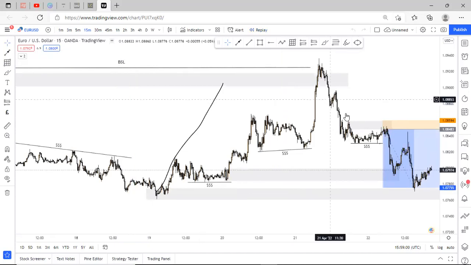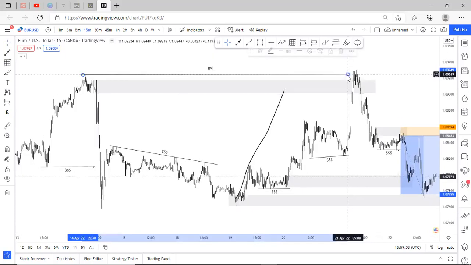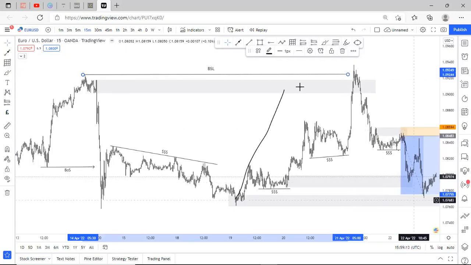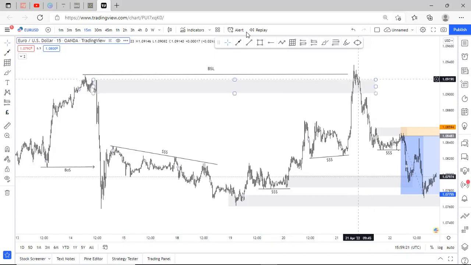Okay, you can see the market got into the zone and pushed up, taking out the liquidity resting above this previous high. It took it out with this candle and pushed down. So this is what we refer to as the buy side liquidity. At this point right here,